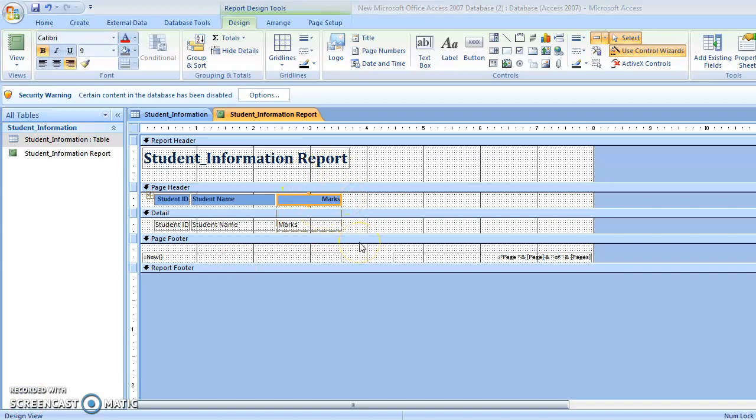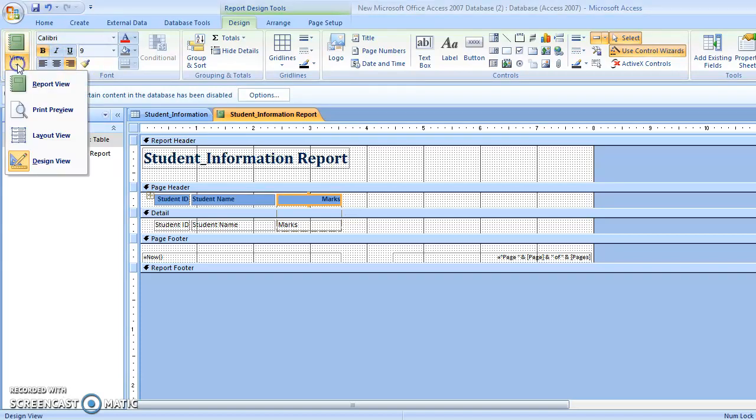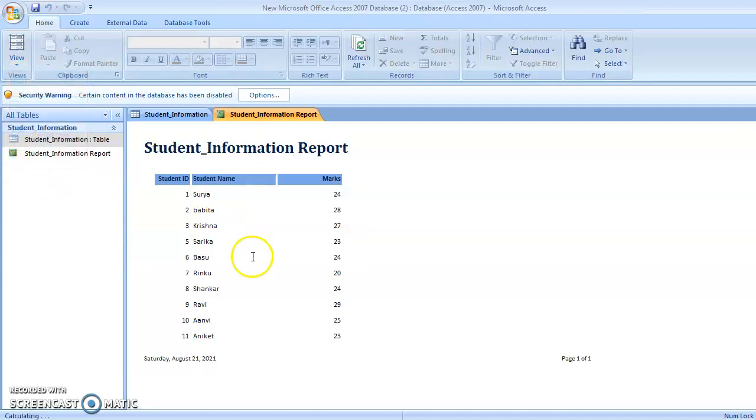This is for the formatting of your report. If you want to minimize the size of your field, you can edit like this. Once you finish your editing, go to the view option and choose the report view. So your report will display like this.